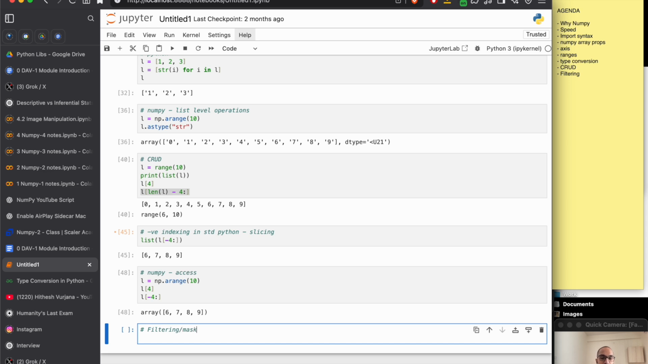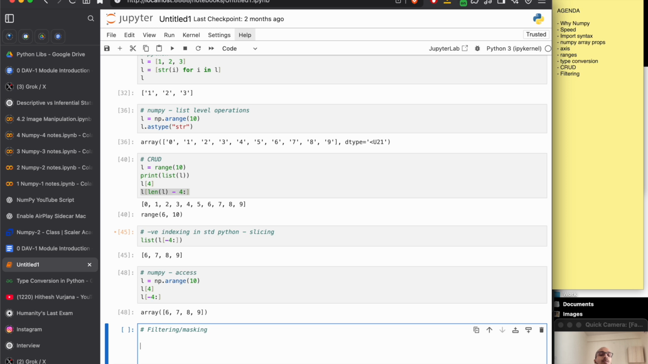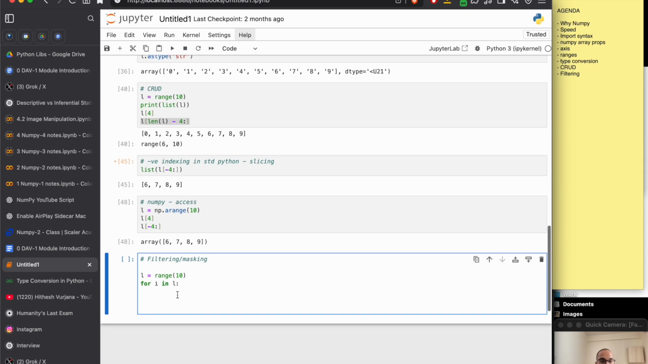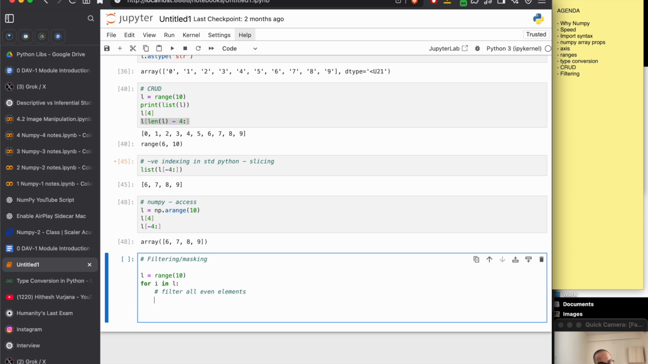So next we will look at filtering. It's also called masking in Numpy. So traditionally in Python lists, you can filter elements after iteration and adding some conditional statements. Let's say if you have a list like this, so we can say for I in L, if we want to filter all even elements, we have to do something like